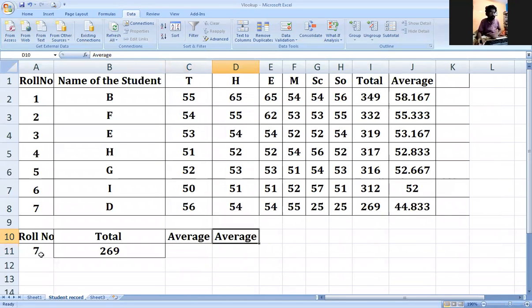And if the roll number is the key point, if you press the roll number as 8, it is not going to display because the 8th roll number is not available in our data. And if you give the 6th roll number, the total is displayed like this. If you give the 7th roll number, you get 269 in the total. And why I am not getting the total and why I sometimes get an error is that